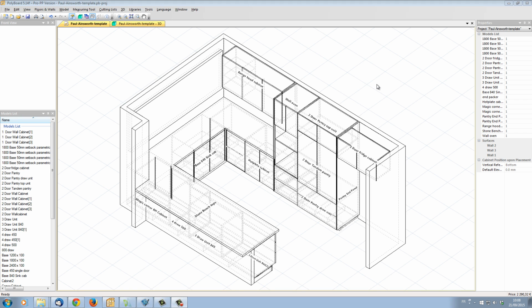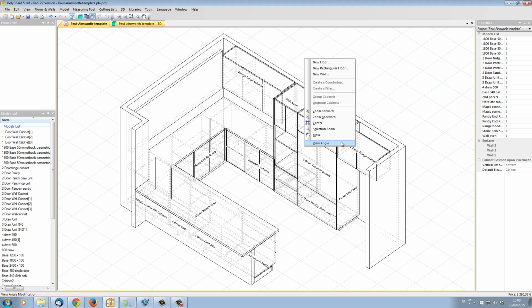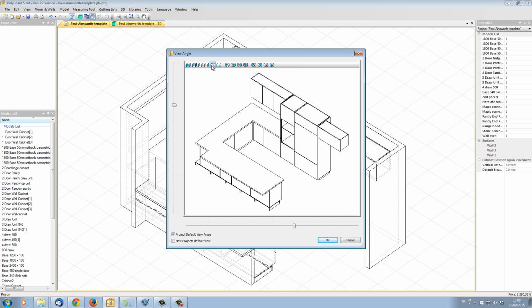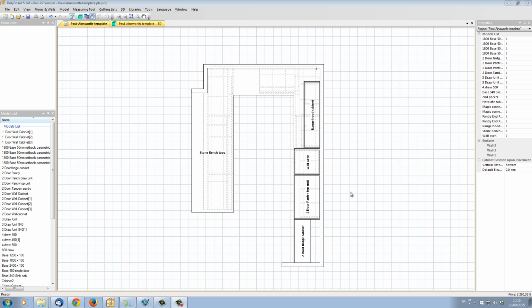First thing to know when you set up a multi-plan is how Polyboard is going to call the different views. To do this, you just go into View Angle in the project mode and put a plan view in place. When we look at our project in plan view, we can see how Polyboard is going to name each different